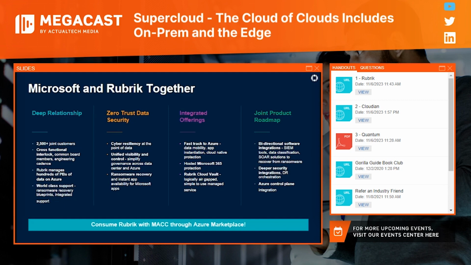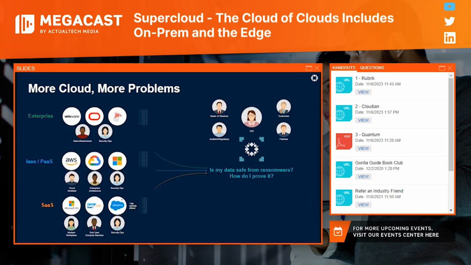Now, we don't just work with Azure. Obviously, we deal with all the major clouds and cloud vendors, and we're doing lots of SaaS data protection and security as well. But looking at how we interact with Microsoft, Azure and M365 for that matter, is a great way to see how Rubrik views the cloud, both as an opportunity and a challenge, and how we're working to address those challenges. So that's the Microsoft piece. Strong partnership. It's going to continue, and there are some great things coming out.